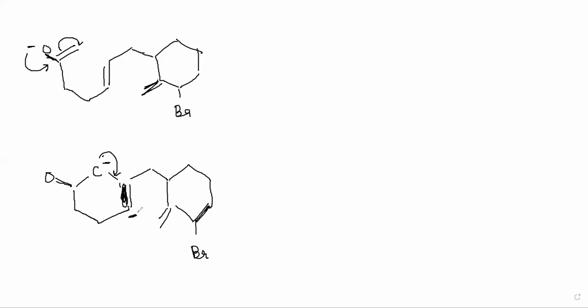And this forms a bond here, and this loses its bond and becomes negative. And then that negative forms a double bond here, and this comes out. That's just amazing stuff. So double bond O, C, like this.